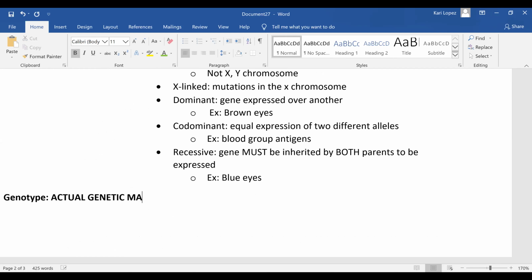So how about Michelle? Give me this one down here. Tell me the genotype and phenotype. All right. So the genotype would be AO for the mother and AO for the dad. Yep. And phenotype would be